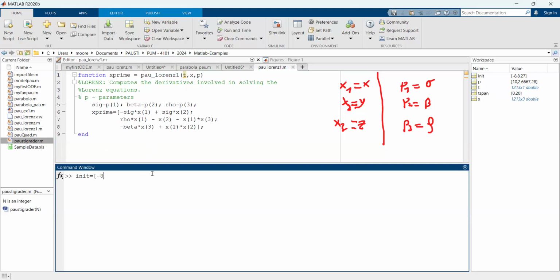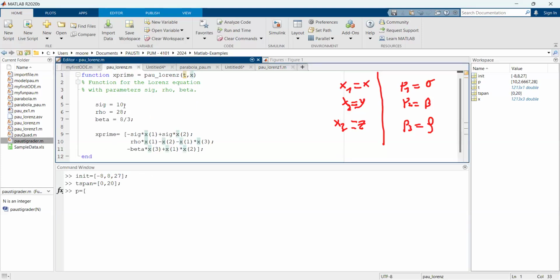So again, -8, 8, 27, we take that as our initial condition. Then we need the time span. So again, we take 0 and 20. Now we take the parameters P. So in power Lorentz, the parameters were 10, 28, 8/3. But we should know that in this particular case,